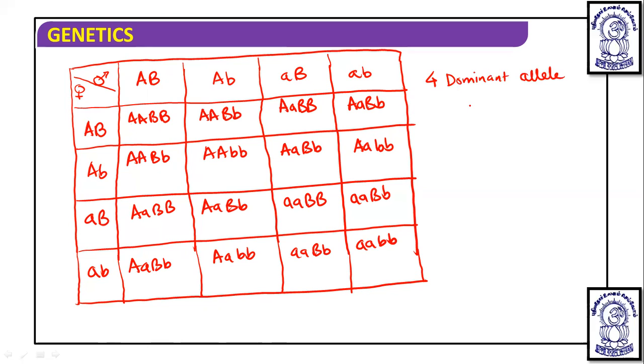then they are going to produce a dark red. Which phenotype will be obtained? Dark red. Now when, out of four, any one gets recessive, like here B is recessive, and here A is recessive, both will have the same phenotype. Why? Because three are dominant in this. So when there are three dominant alleles, the phenotype will be somewhat lighter red,